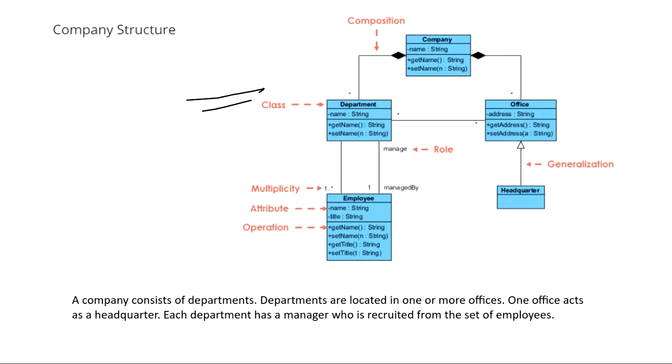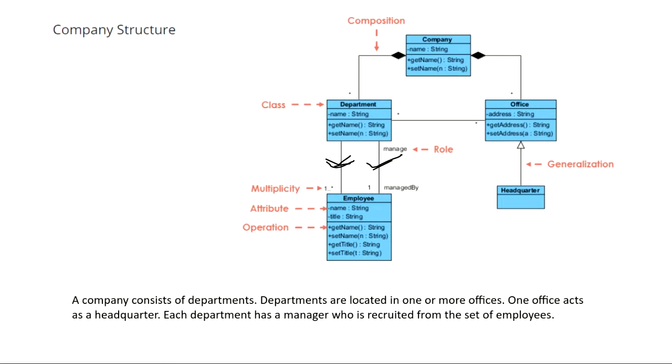Sir, one is written at employee. One is written at employee, right? So this one has to be read from here to here. Means a department has one. There is something wrong here. Why have they written it? Achha. See, this is a good example. Here you have two association links.